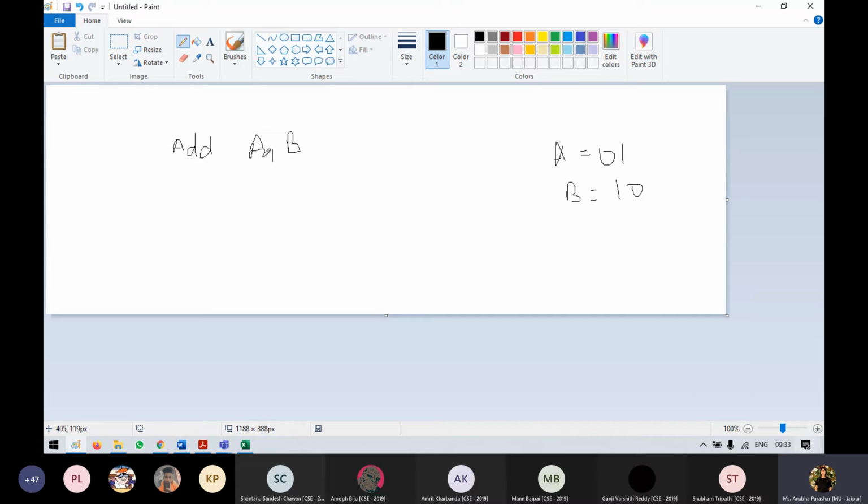Now if you add A comma B, it will add these two values and store it in A. So when you see the value of A, you will find the value of A will be 1, 1, right? It will be 3. Now you can do one more thing, move the value of A to, let's say, C. So here C will also have value 1, 1, right? So this is how the instructions move.